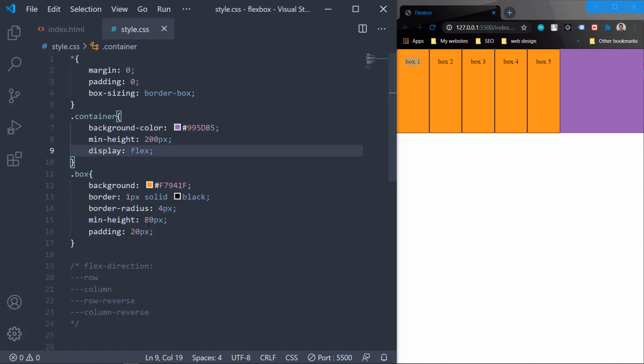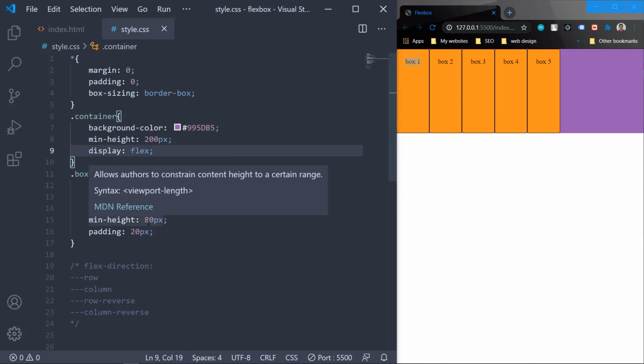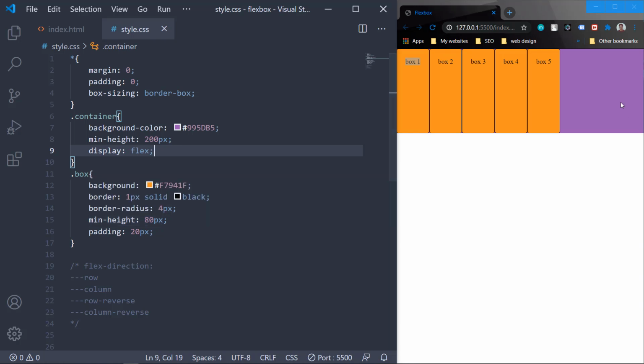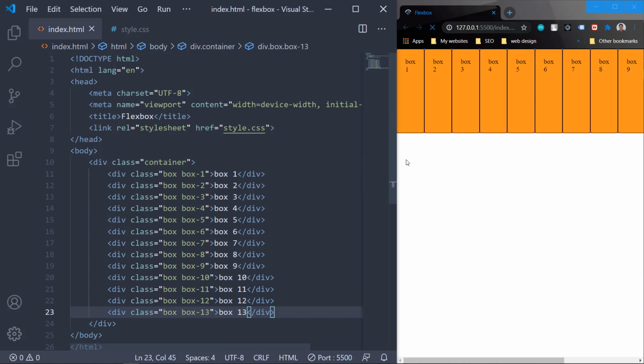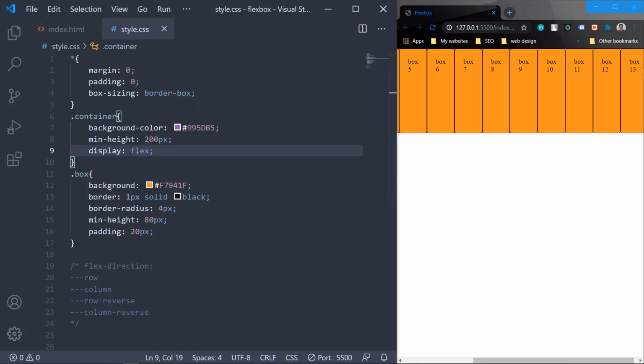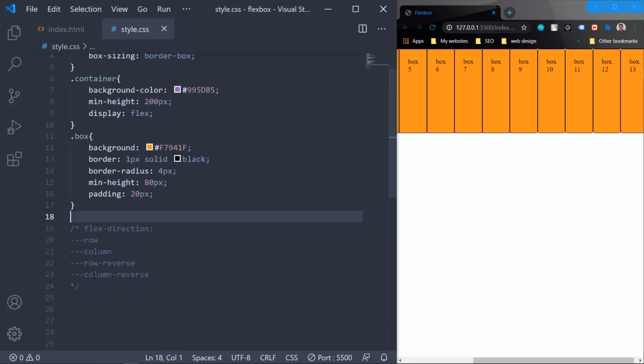Now let's talk about flex wrap. By default the flex items will all try to fit onto the same line. We cannot display it because there are only a few elements here and it is not overflowing. So I am going to add some extra elements to demonstrate this. Let's add some elements here, and now they are overflowing. As you can see, a scroll bar appeared at the bottom. The default value of flex wrap is nowrap, so they will all try to fit onto the same line, but if you want to change that, you can.